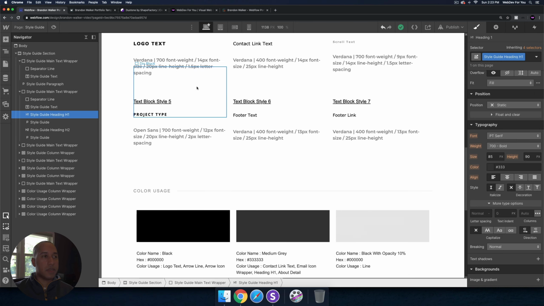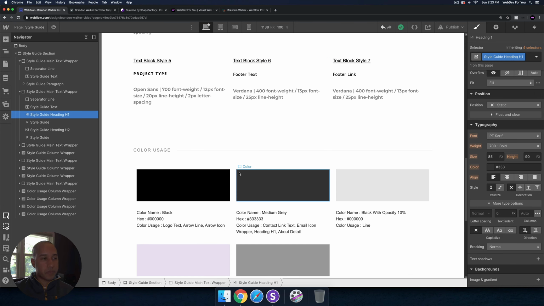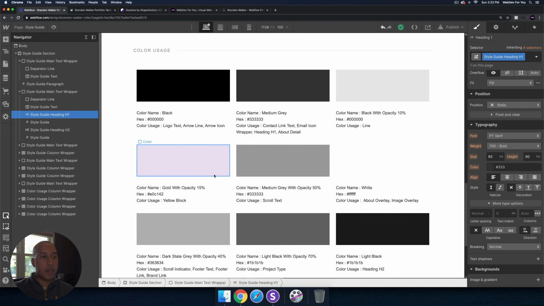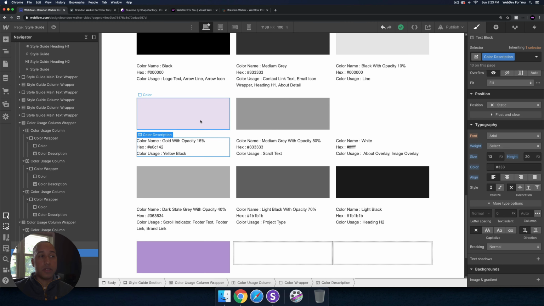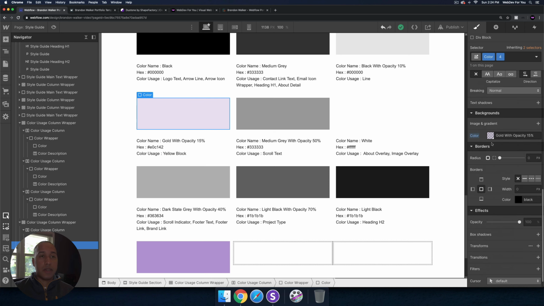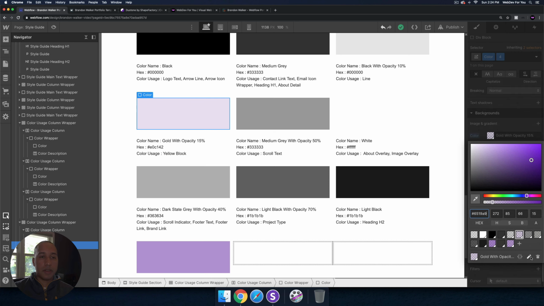So I'll scroll down. We have some text styling here as well, some text blocks. And then we have the color usage here. It's what I mentioned with the global swatches. Here, it lets you know what elements are using what colors, and you can easily change the color to change the entire theme or the entire look of the template. So for instance, if I select this purple color here, which is being applied to the yellow block, we can see it's a global swatch. I can edit the swatch and make it more of a pink color here, save it, and now when I go to the home page,